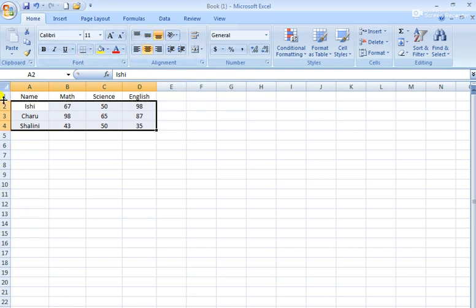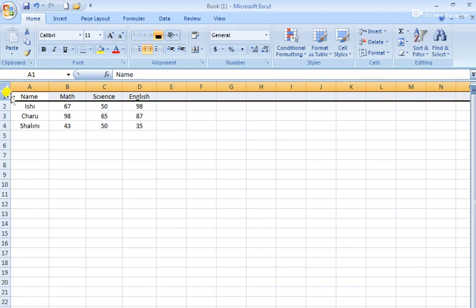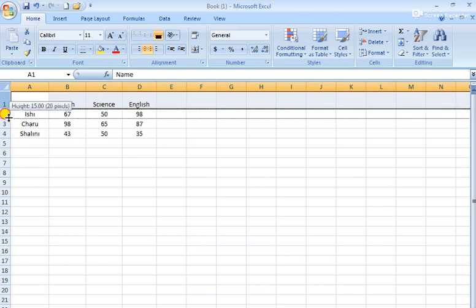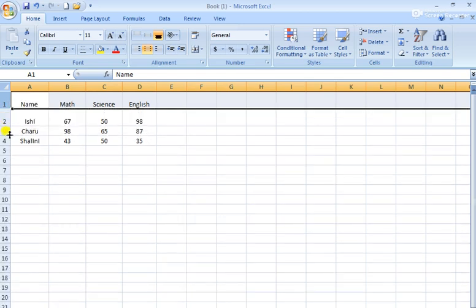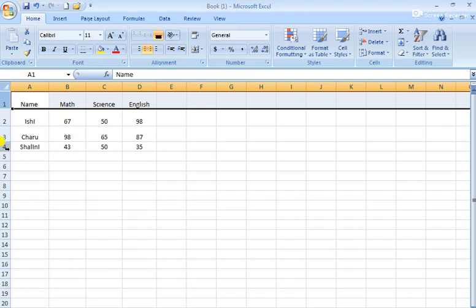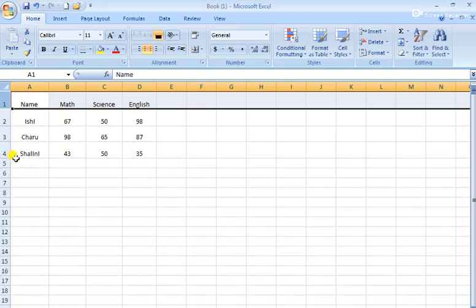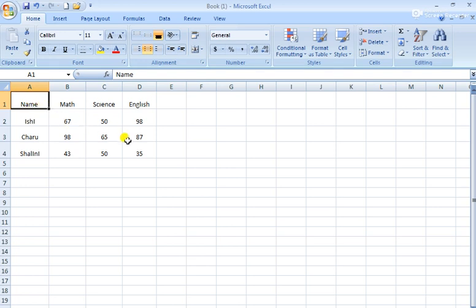How? Suppose the height of my rows is changed. I have selected this, and then I am changing the height. Now see, the height of my rows is increased, like this. Now all the content of the cells is displayed from the bottom of the cell. Now I have kept my cursor here, then I press the Shift key, and then I click on the last cell, and the whole table is selected. Done. This selection is done.